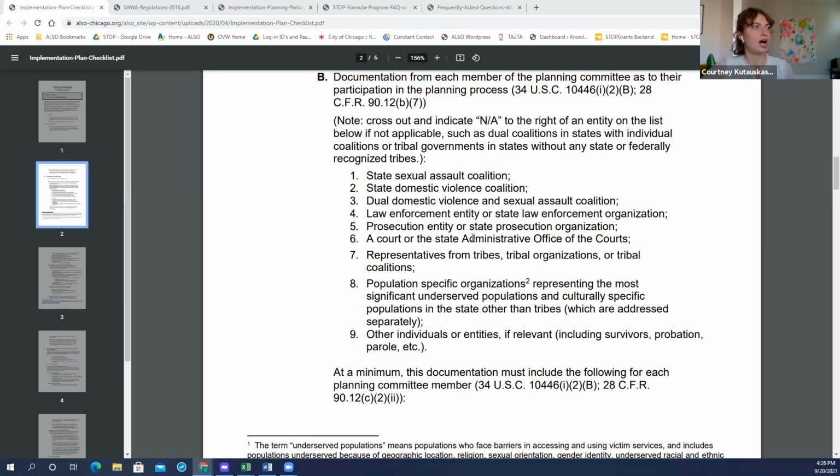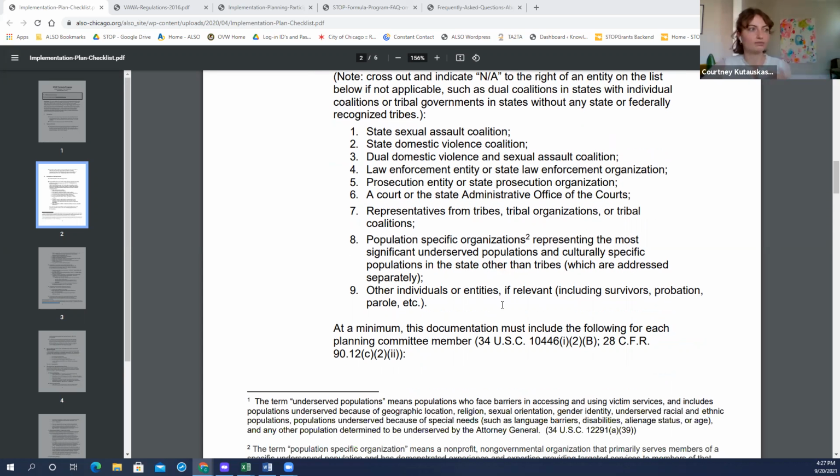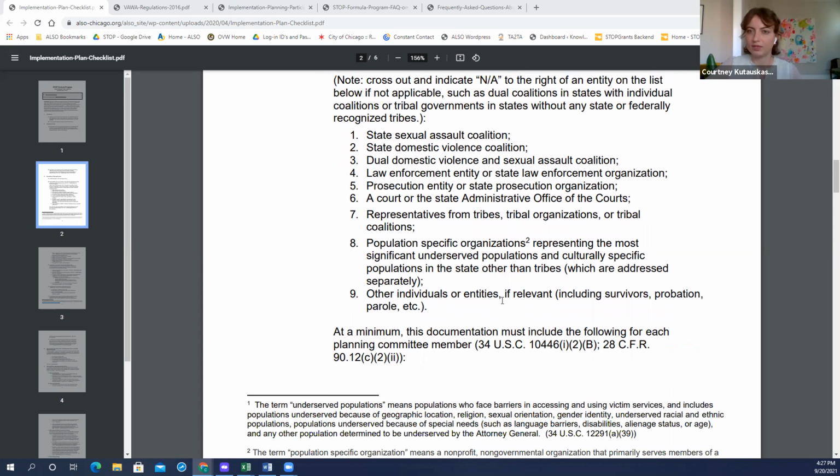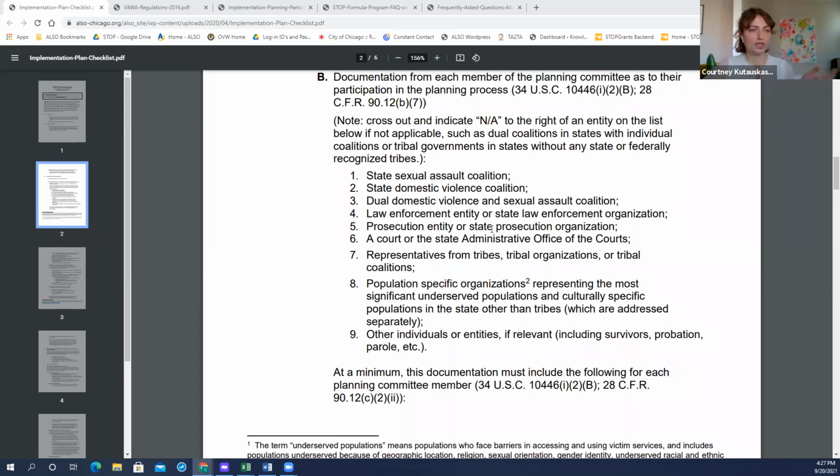But as part of your planning committee, you need participation from the state sexual assault and domestic violence coalitions, the dual coalition, law enforcement, prosecution, courts, representatives from tribes, population-specific organizations, or other individuals or entities if they're relevant. And because this is the planning committee and this requires